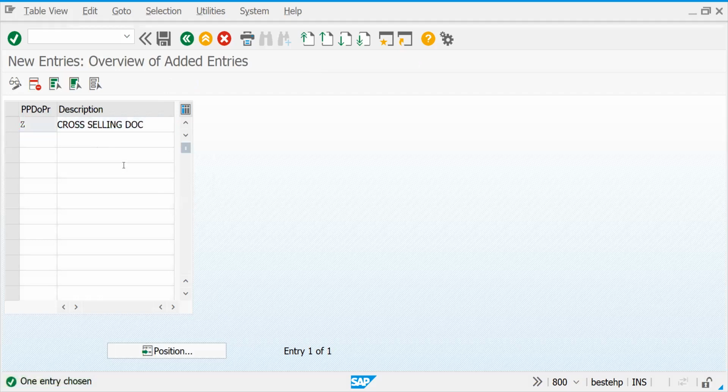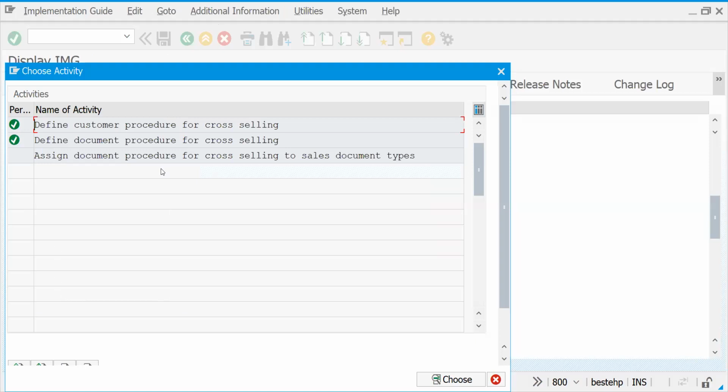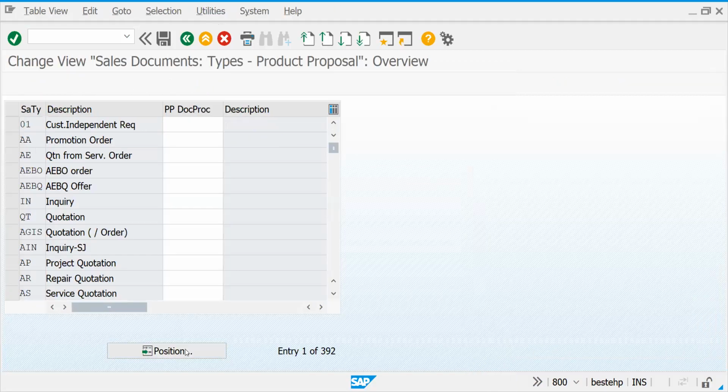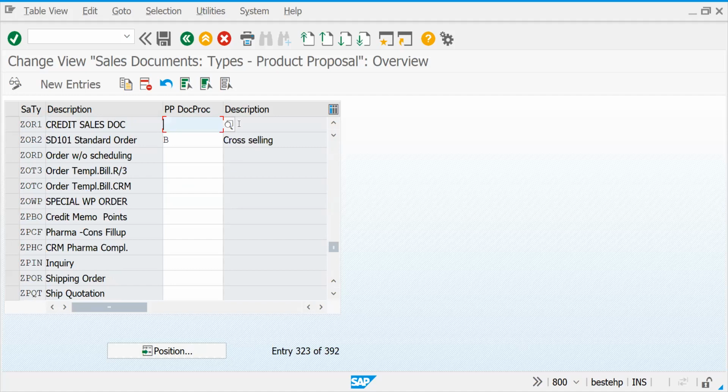Okay, let's save this. We can take any single digit letter, because whatever procedure we defined, we'll assign to it, and it should work for that particular document. So it should be accessible for that particular customer while determining the price, and your cross selling definition. So now let's go here. Same story, like how you are doing for your material determination, in a similar way you can do it.